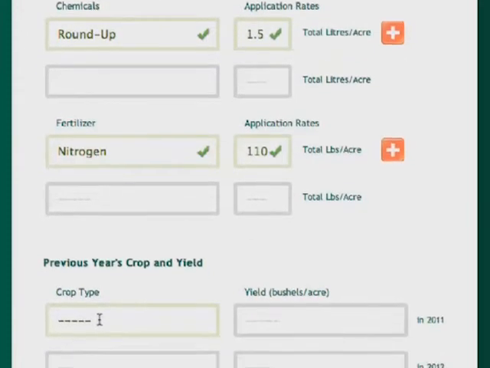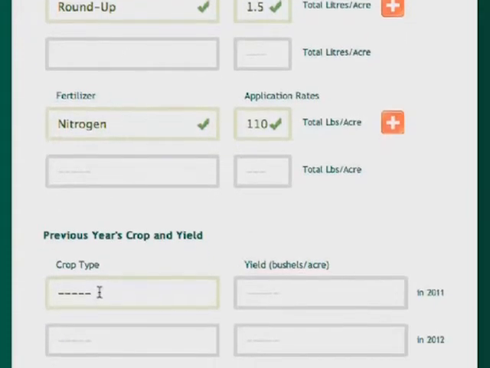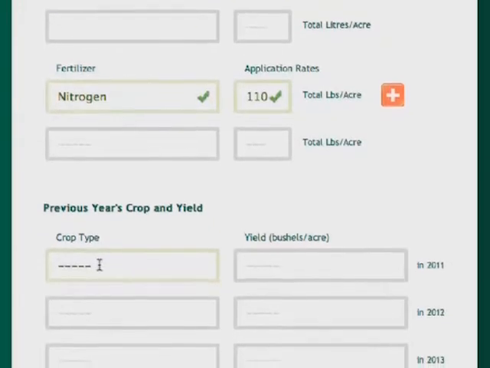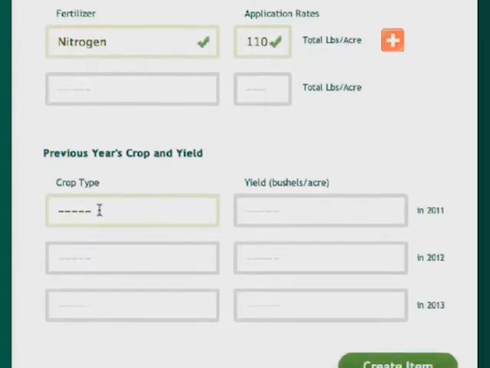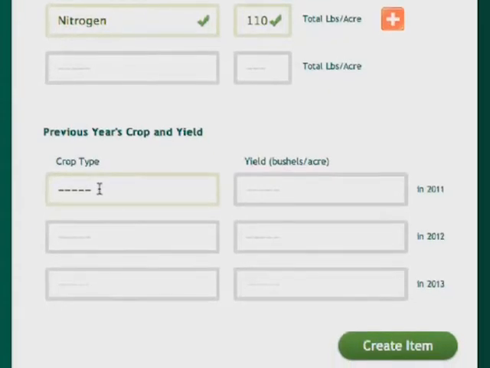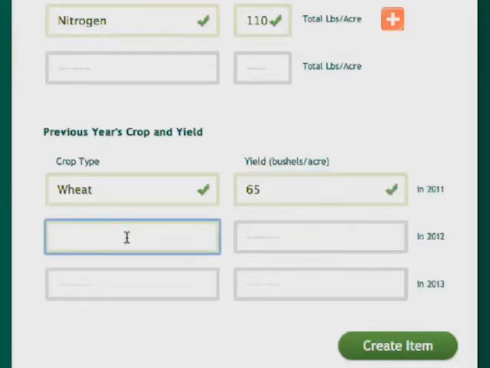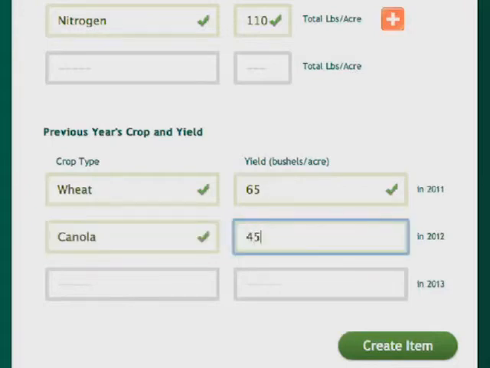These fields are just to give farmers more information as they go through the auction process. The more information you can give them on the quarter section or the land that you're renting, the better it is from the farmer's perspective, so they get a sense of what the land is like. In the crop type here, we'll just type in wheat, and we'll say there was 65 bushels an acre in the previous year. Then we'll say, before that there was canola, and the yield was 45,